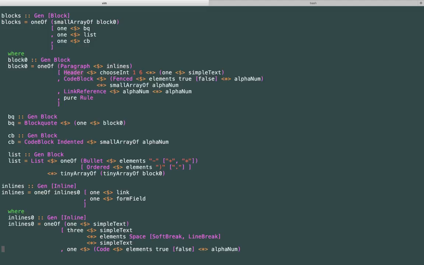We can choose a header from 1 to 6 and put some simple text inside it. We can generate a code block that's a fenced code block that's either evaluated or not, with some randomly selected alphanumeric info string, and then a small array of alphanumeric strings going inside the code block. Or it's a link reference with some randomly generated strings as arguments, or it's a ruler. And then these construct things like list items and block quotes. So for example,